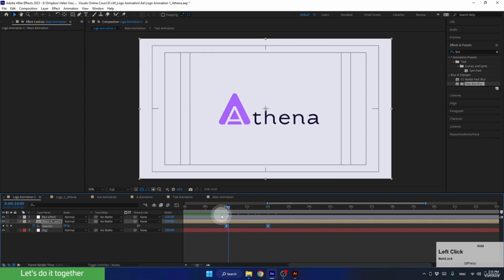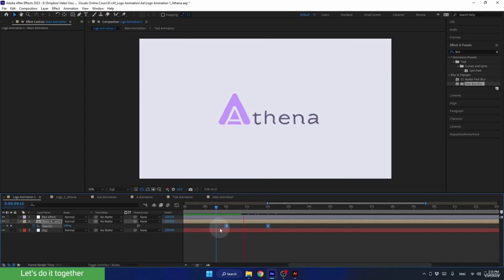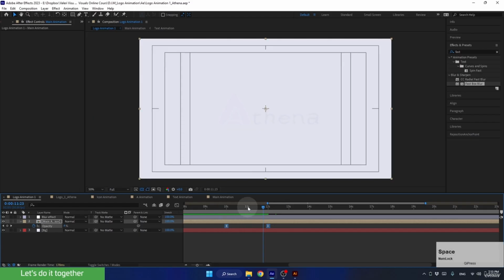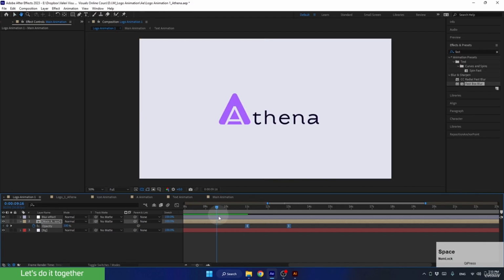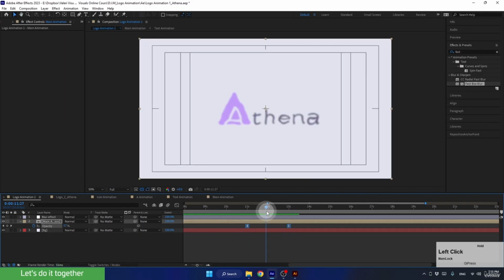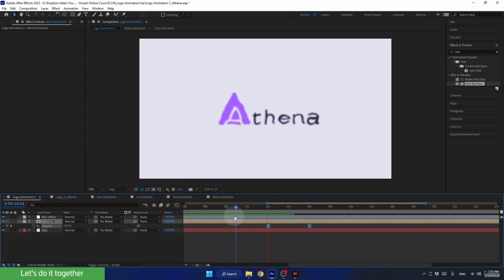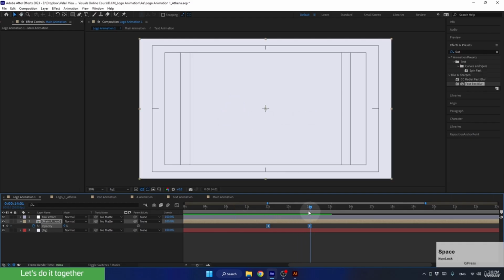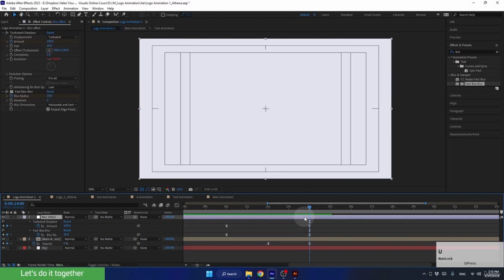Let's also ease these keyframes. Let's see how it looks. In my opinion, the logo disappears too early. Let's select these keyframes and start the disappearance from the second 11. Let's see it now. Let's try the second 12. I think that's better. Now, if we select the adjustment layer and press U to see its keyframes, it seems